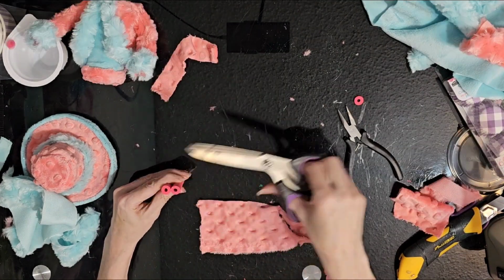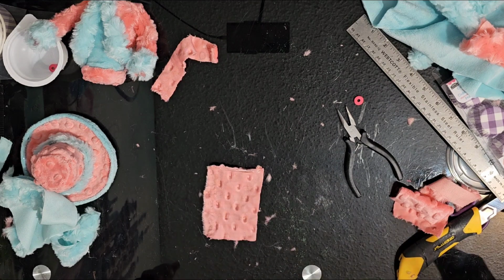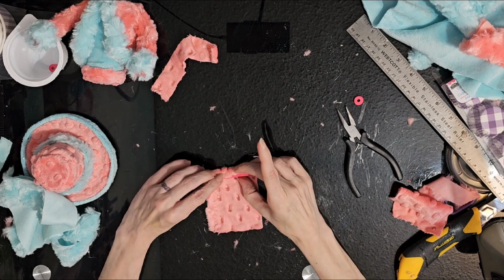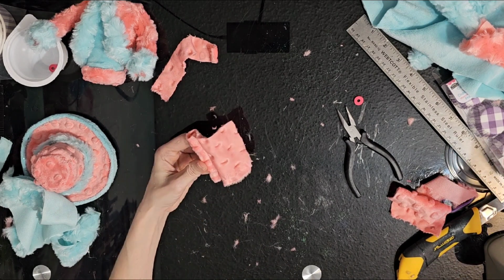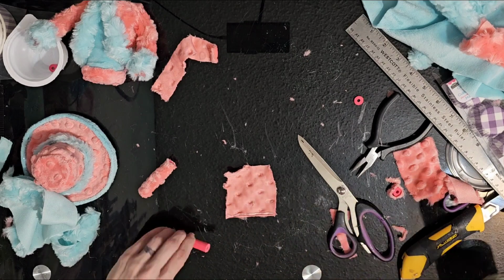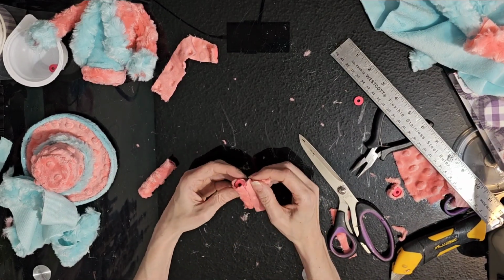Next, we are taking our other hair foam roller, and I cut 2 pieces at about 3 inches long, and we're going to now just wrap them up into that same peach bubble minky fabric there. So just add a little strip of hot glue at the bottom of it again and just finish it off there right at the end, and then trim it off. Same thing with the other one, a little strip of hot glue to attach it, roll it up, strip of hot glue to finish it off,